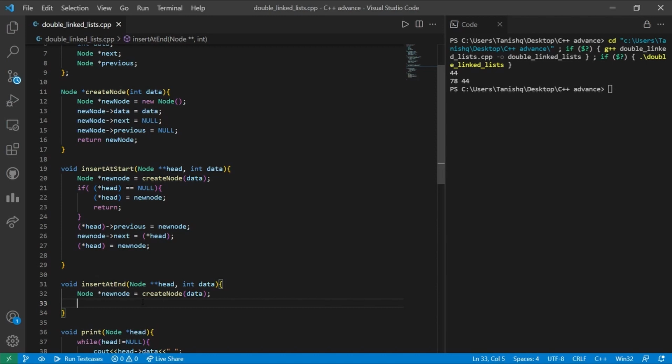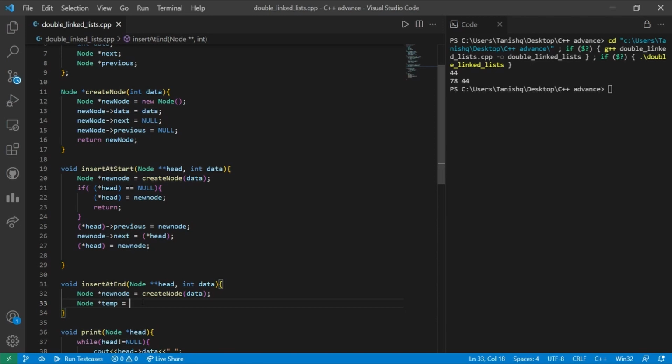Now we are supposed to create a temporary node which will traverse throughout the entire linked list. So let us create a temporary node named temp. This temporary node will be pointing towards head, so that as we put it in the loop, it will help us modify properly without making any changes to the current head.